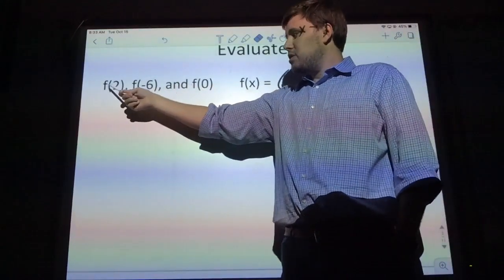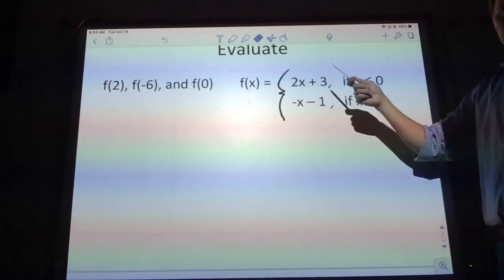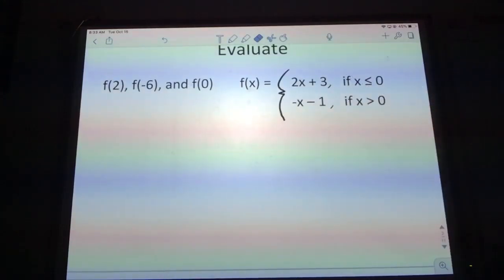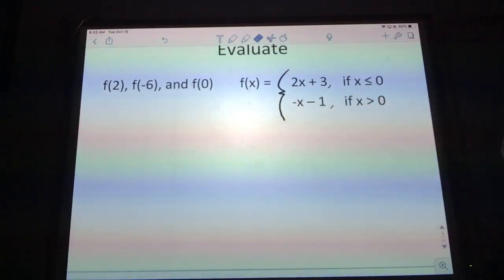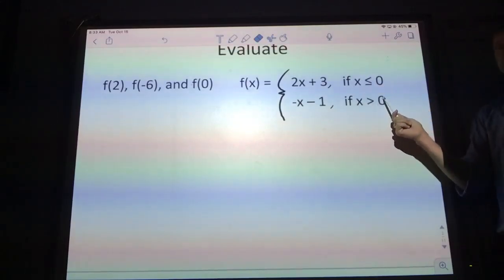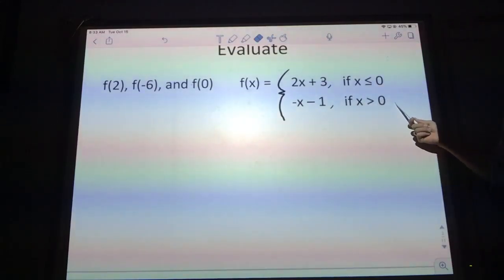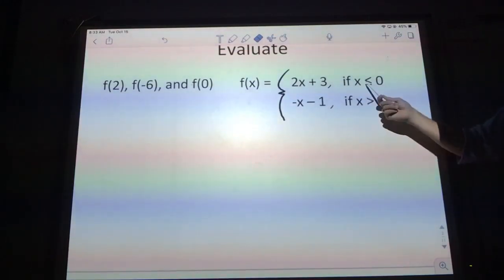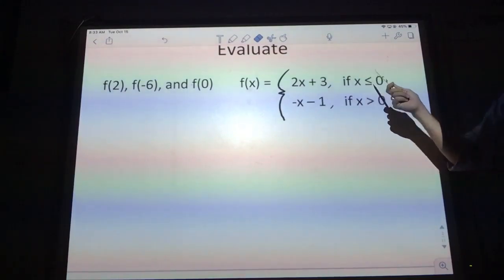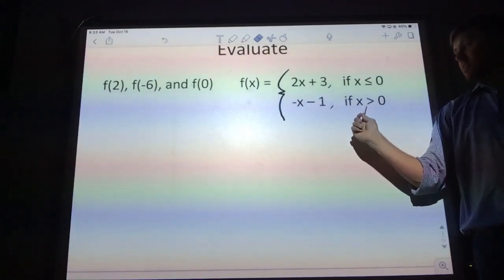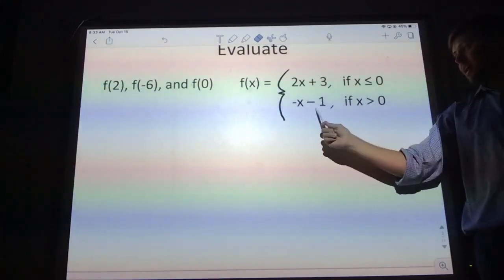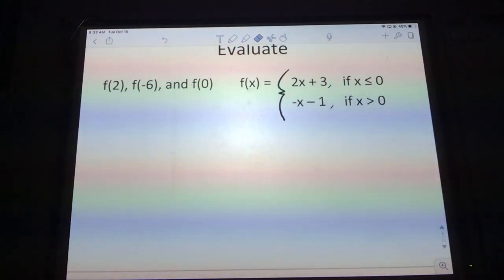So if we're trying to solve for f of 2, if we're trying to plug 2 in, which we did last class, we need to figure out which one of these we are allowed to plug 2 into. If 2 is x, which one of these is 2 allowed to be x? Top one or the bottom one? X is greater than 0. So yes, it has to plug into this. It can't plug into this because 2 is not less than 0. Okay, so these are the parameters to tell you which one to use. So because we're using 2, and that's greater than 0, we have to use the bottom. So for f of 2,